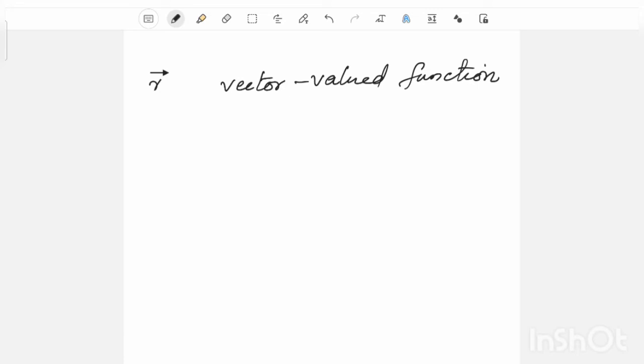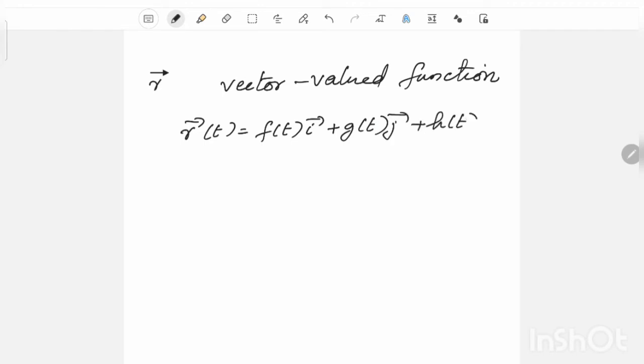Thus, a vector valued function or vector function is a function r defined by vector r of t is equal to f of t i plus g of t j plus h of t k,